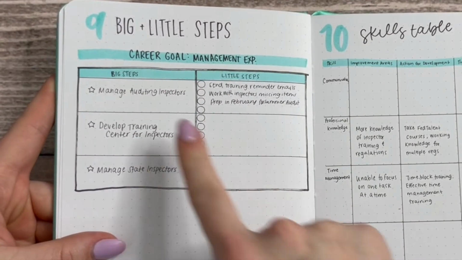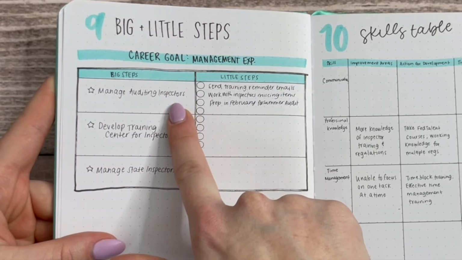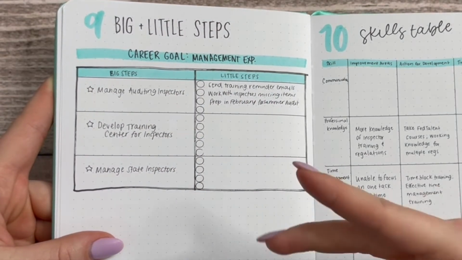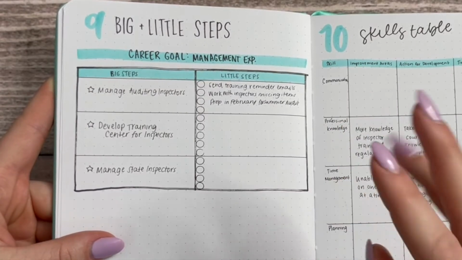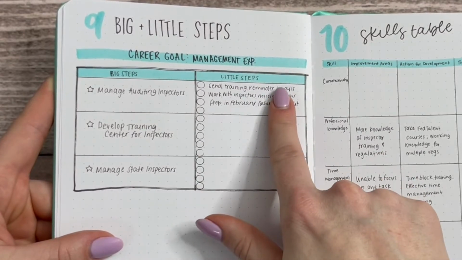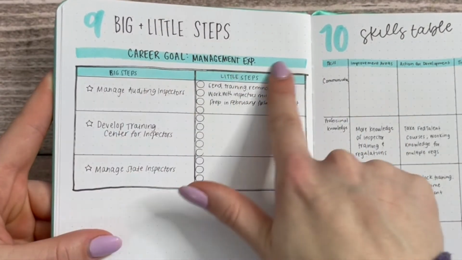And then little steps for that particular big step. So for example, managing an audit, I need to send training reminder emails. I need to work with inspectors who are missing their items and prep for a summer audit. So those are just some little steps I need to take for this bigger step to ultimately help me with